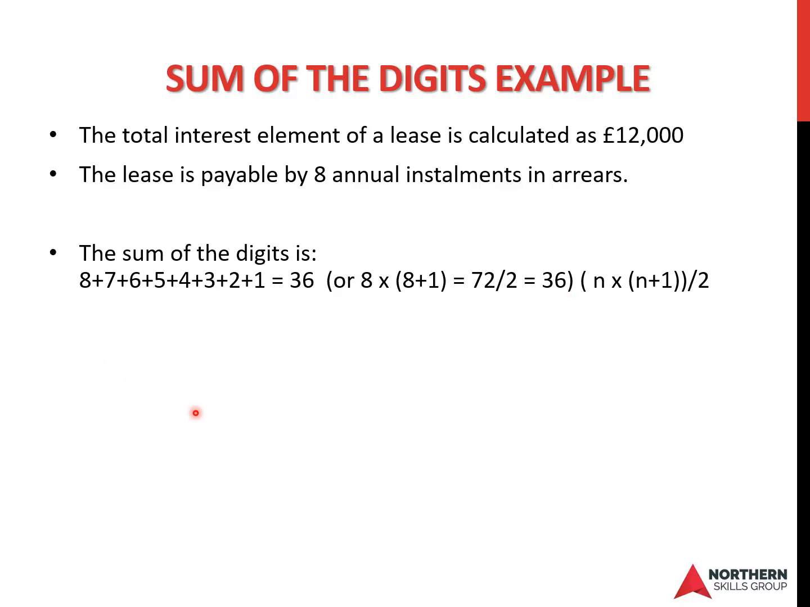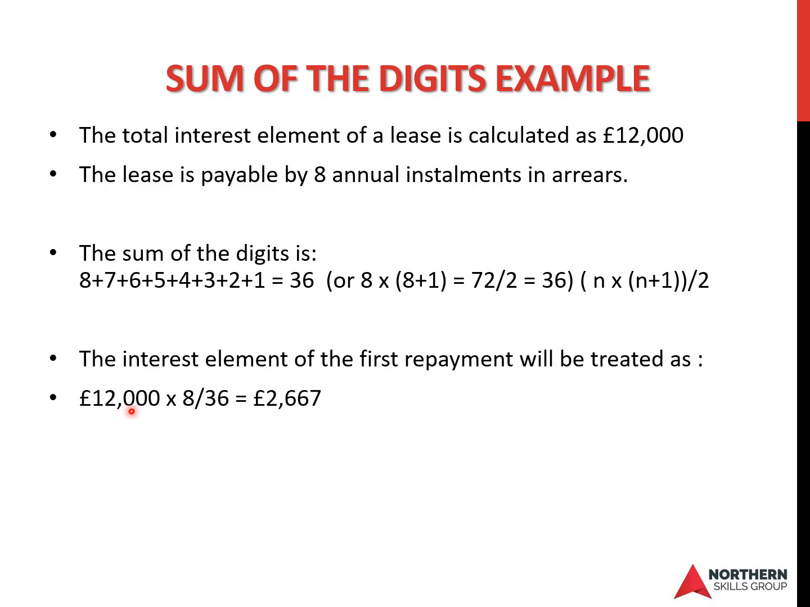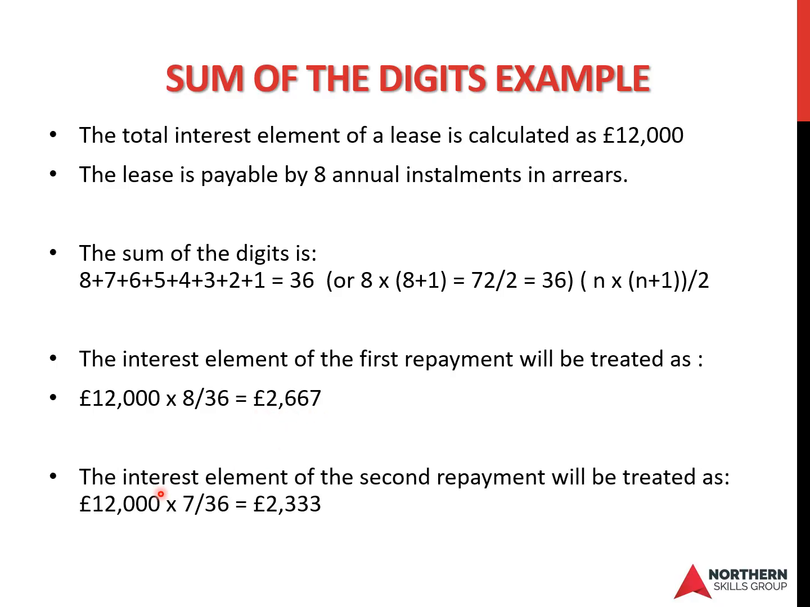Now, on the first repayment, at that time there are 8 instalments outstanding, and so the amount of interest included in the first repayment will be 8, because that's the number of outstanding instalments, divided by 36 times the total interest, which gives us an interest element of 2,667. The interest element in the second payment will be the total interest times 7 over 36,